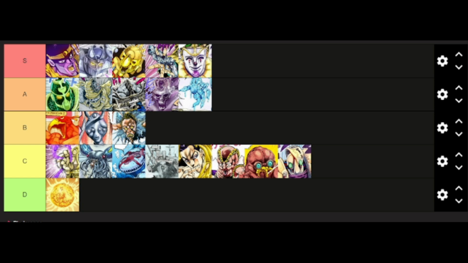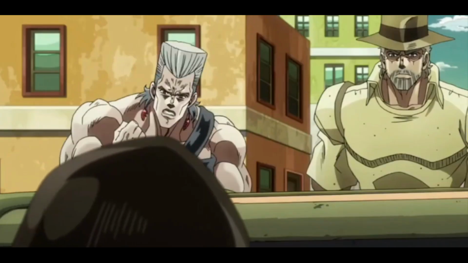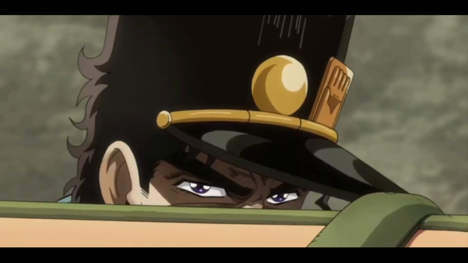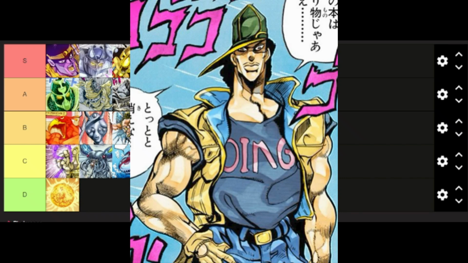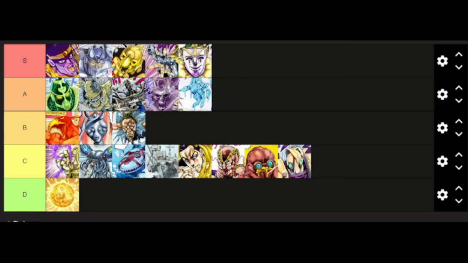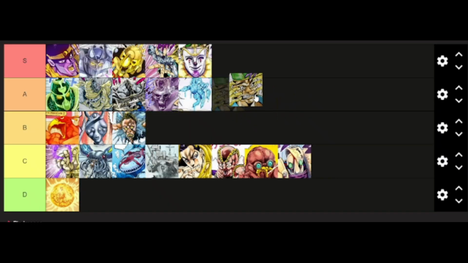Next up we have Khnum. This is Oingo's stand. Khnum's ability is you can transform into people. For example, Oingo transforms into Jotaro in the series. You see, I've thought about this before. I think the ability to disguise yourself as someone is really good. So I'm going to put it in A tier